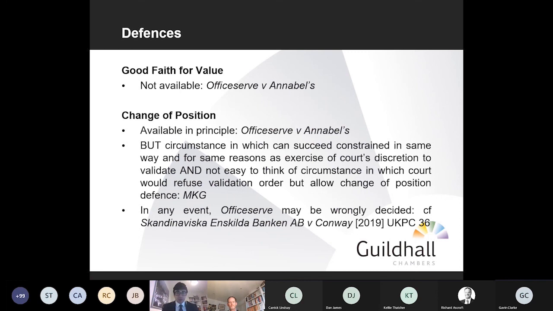Again, a lot of this is very arid. It's very academic, theoretical, very interesting to black letter lawyers. But in terms of practical commercial consequences, the headline point is it's extremely, extremely unlikely that someone would persuade a court that having received a void disposition and not being able to get a validation order, they could still get out of repaying, relying on the change of position defence.